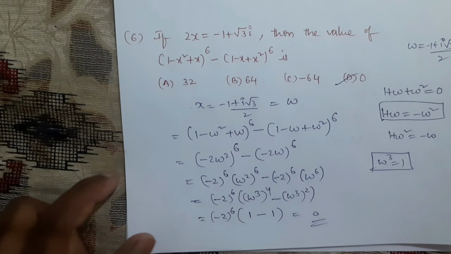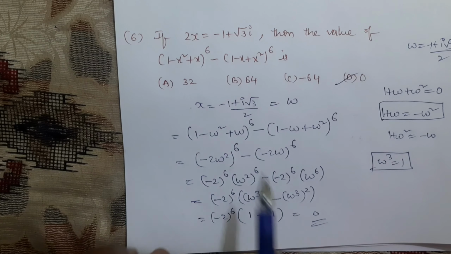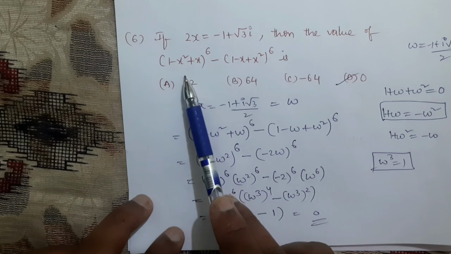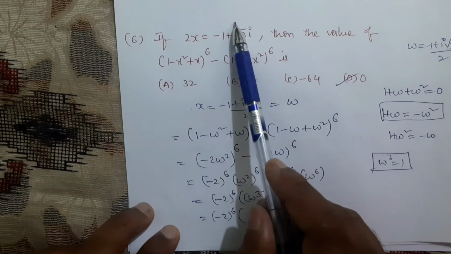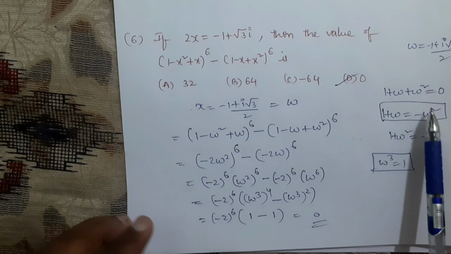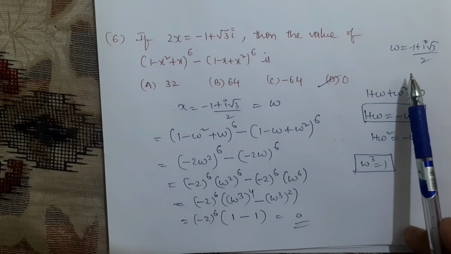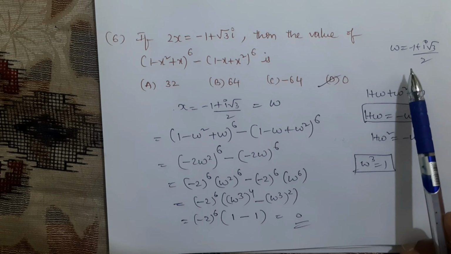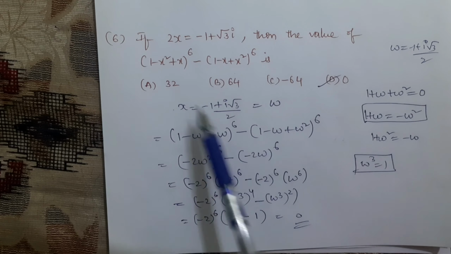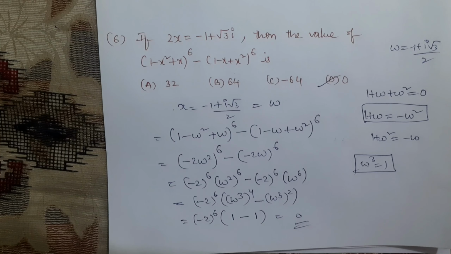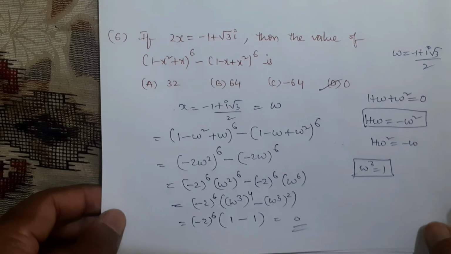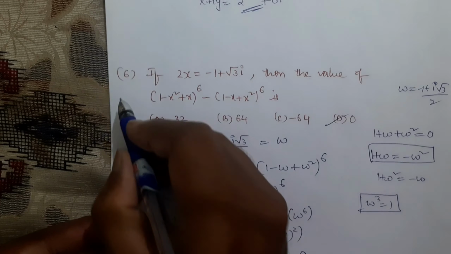So answer is 0. Whenever they give in terms of 1 minus x square or x like that, no need to get confused about how to simplify this. By using this value, we know it as omega, or sometimes minus omega or omega square will come. Based on that only we need to use the x value. We should not simplify normally. This is one of the very important models.